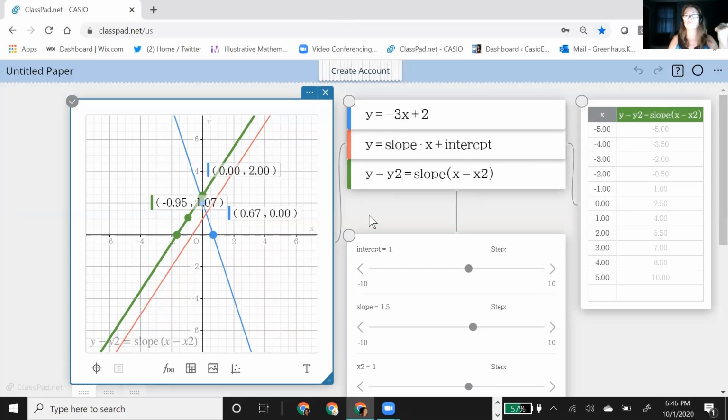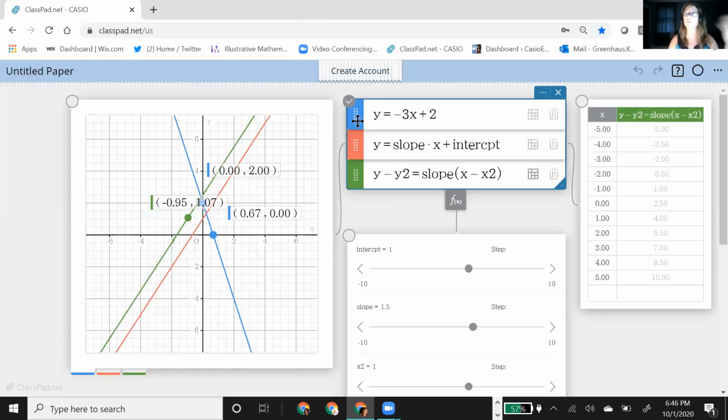Yeah, we did have a question, Karen. Is there a way to hide some of those equations so that the students don't see like the original equation that we put in blue? Yes. Okay. So that's a great question, and we were going to get into that, but we'll get into it right now. So one of the nice things is, yes, you can create things ahead of time and hide them.